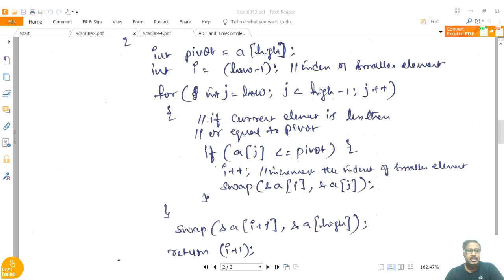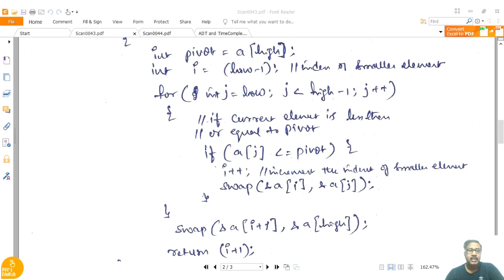Once it reaches the high value, there are no other elements to process. So that is the reason we need to place the pivot element in the exact position. So i is the one which will decide where exactly the pivot is to be set. So swap of &a[i+1], &a[i].